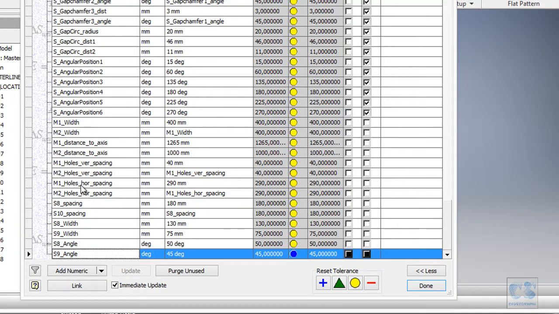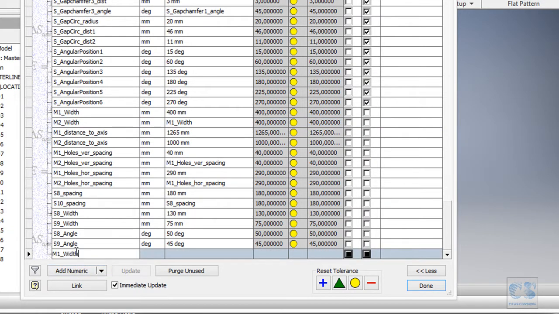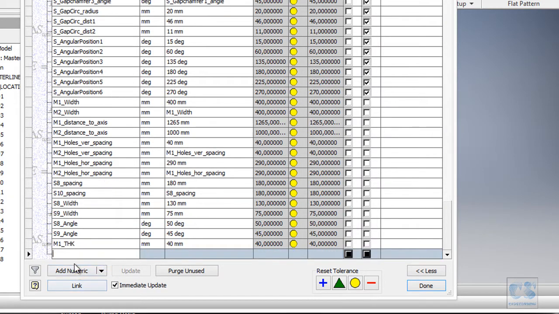So let's say, copy this, mounting plate thickness, the H key, which is 40. We will add another one for the second one, which is equal to the first one.